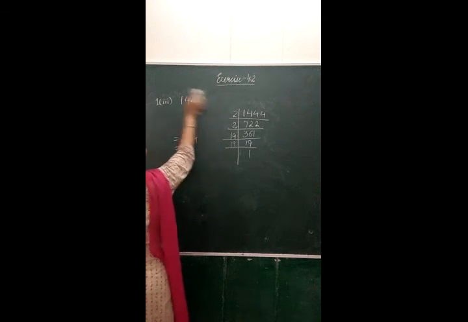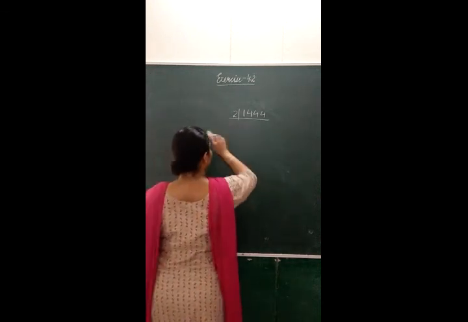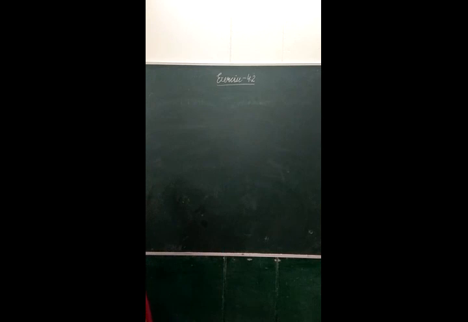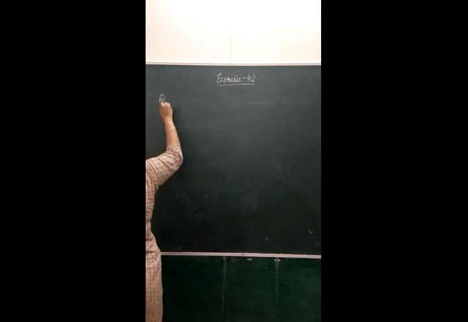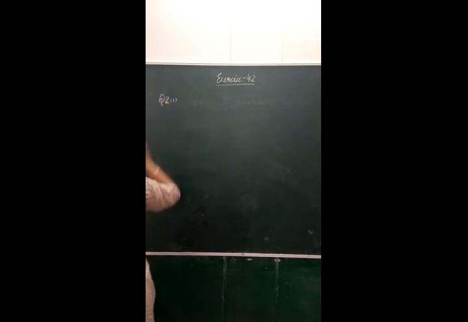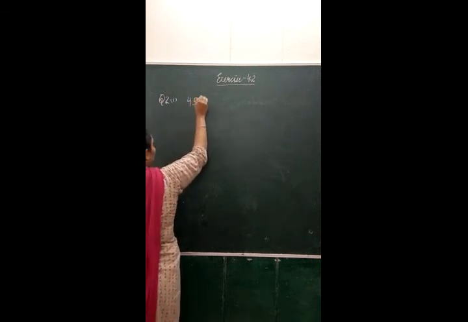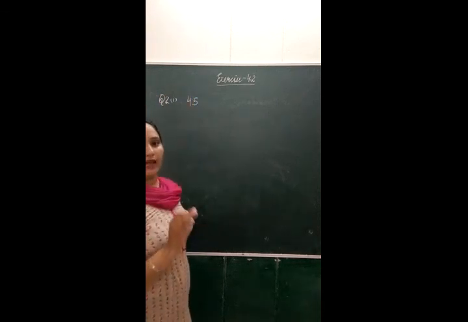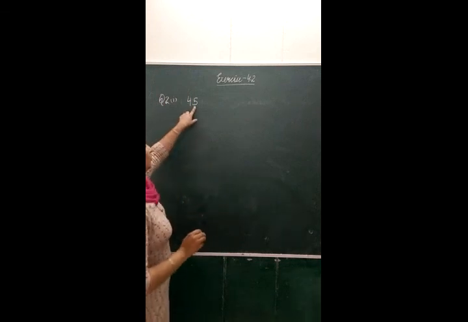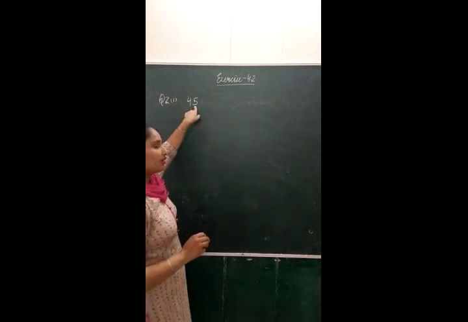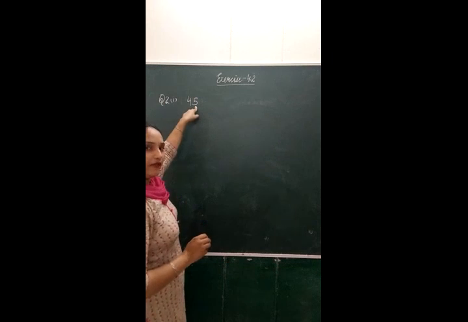Now in the second question we have to use a shortcut method to find the squares manually. Meaning we do not have to do any kind of written work. We have to tell manually what will be the square of the given numbers. So let's take the first part, it is 45. The shortcut method I am telling you will be applied only to numbers in which at one place the number is having 5.